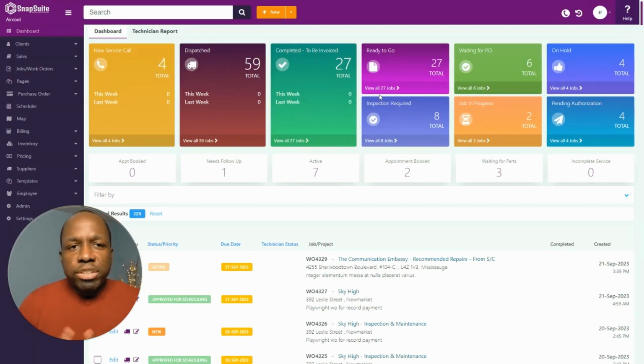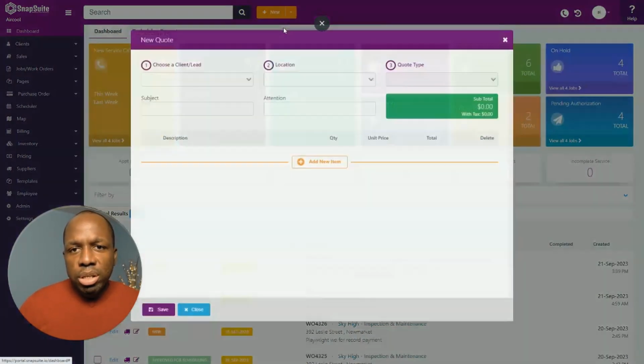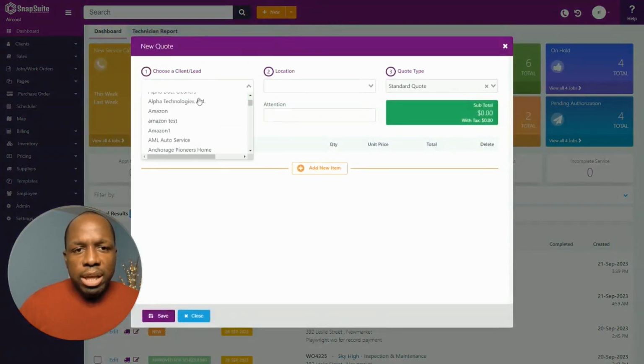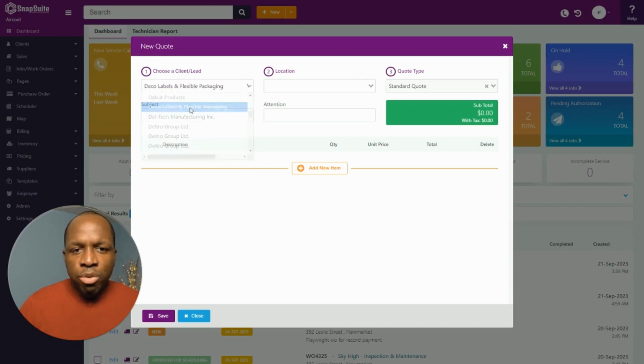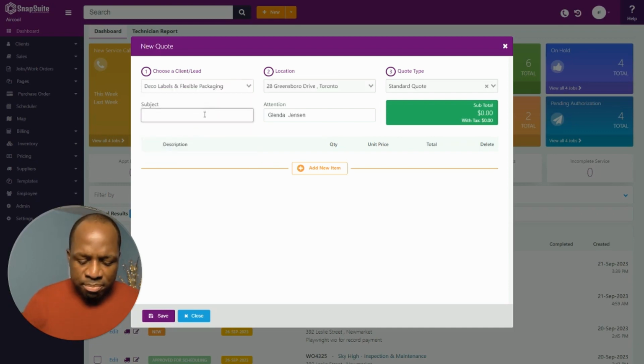Creating a quote in SnapSuite is very easy. First, you're going to click on new quote, choose a client or lead from the system. This is some companies that you may or may not have worked with in the past, or they're a new lead that you had in the system. Put in your subject, so we're going to say install new door,